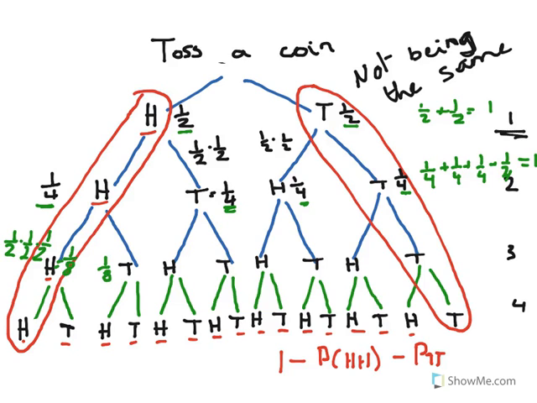A half for the first head, a half multiplied by a half for the second, multiplied by. So all of the probabilities here are 1/8. 1/8, 1/8, 1/8, and 1/8. How many 8s do we have? We have 1, 2, 3, 4, 5, 6, 7, 8. The probability of us getting all of the ones on these rows are an eighth 8 times, which of course